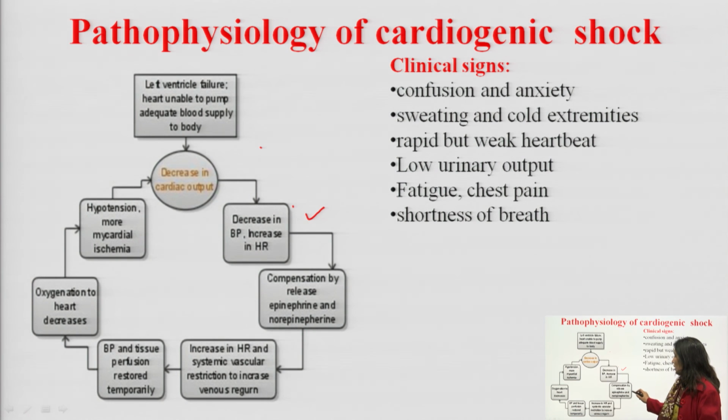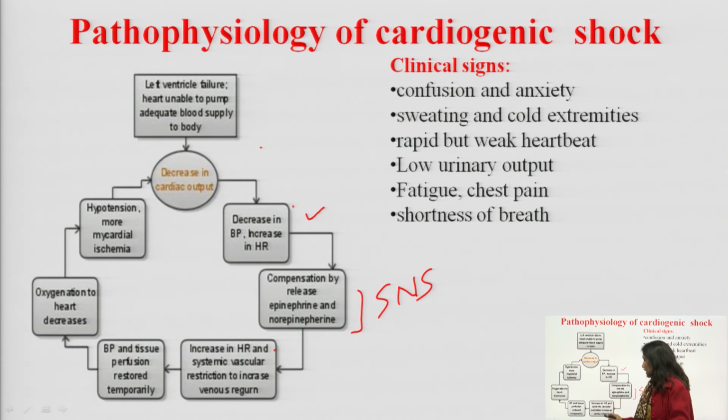So, there is release of epinephrine and norepinephrine, increase in heart rate and increase in venous return. So, BP and tissue perfusion is restored temporarily because the compensatory mechanism works for some time,